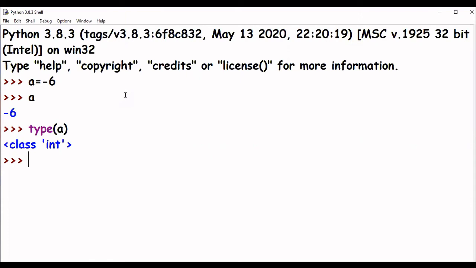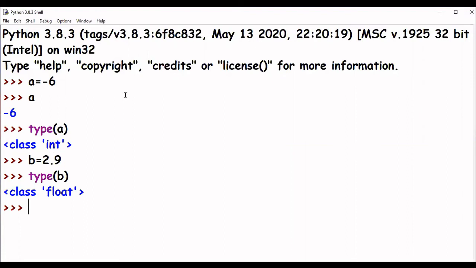Now moving further, the second one I had shown you was float. A float is basically a real number which has a fractional part to it. I'm using the same variable over here, I'm not using another variable. Don't get confused, you can use many variables. I don't want you to get confused. So let's say b equals 2.9. And if I now check the type of b, it will tell me class float. That means it is the data type float.